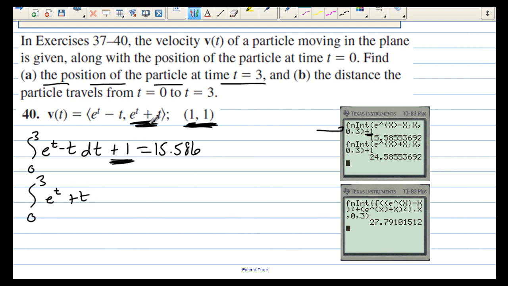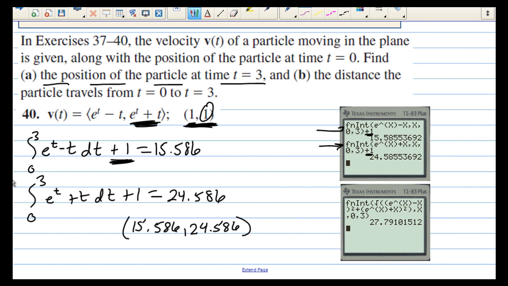That comes from the y part of the vector, dt, and then of course plus 1 again, but this one comes from that one. I've plugged that into the calculator as well, f and I and t, e^t plus t, except I'm using x's, comma x, comma 0 to 3, and then of course the plus 1, and the value is 24.586. So the position is 15.586, comma